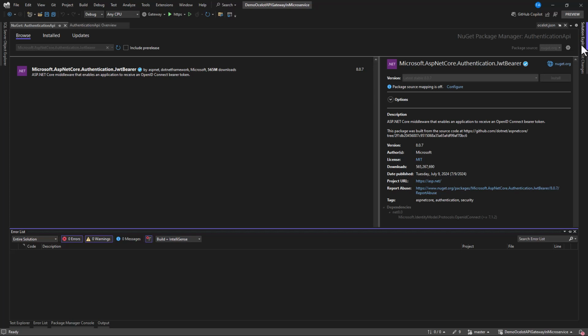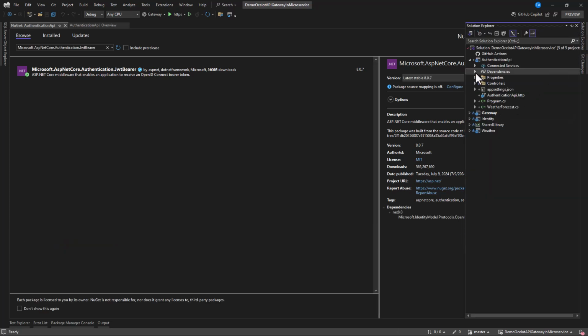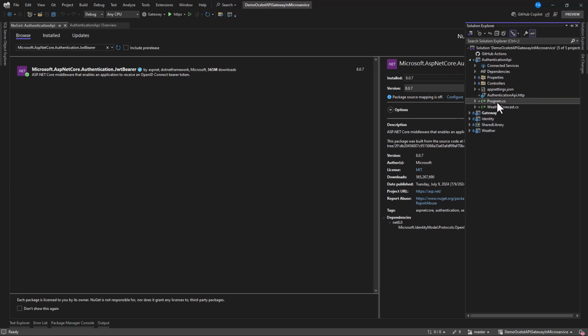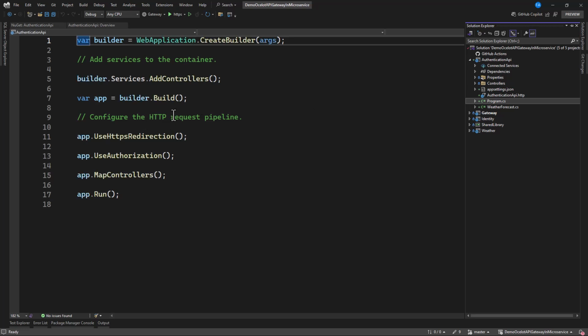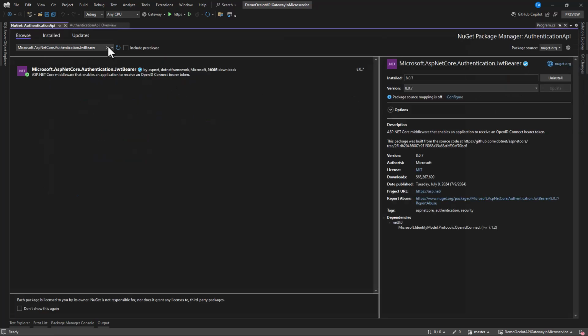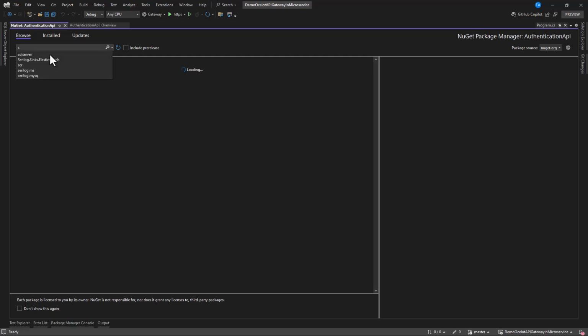Now that this has been installed successfully, you can cross-check from dependencies, packages, and you see it over here. Great. Now when you go to the Program.cs file, you can see we have this in here, but let's install Swagger as well. I don't have it, so I have to install it.